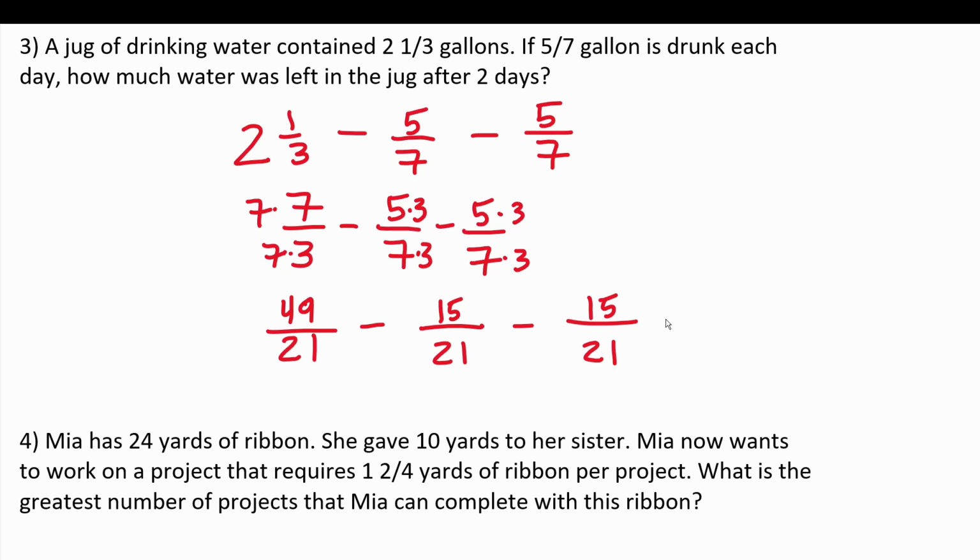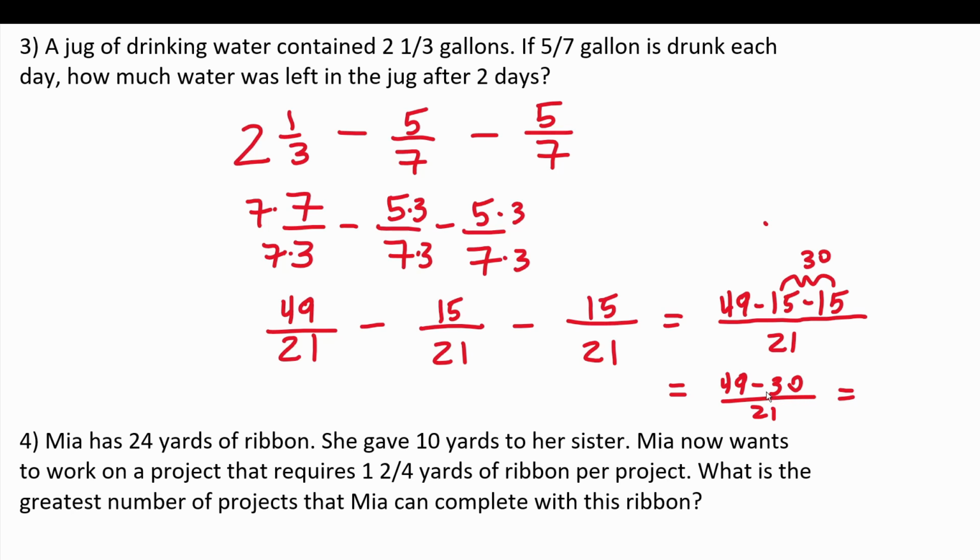And as you can see, now that we have denominators that are all the same, we can just combine this fraction like this. This becomes 21 in our denominator and 49 minus 15 minus 15, okay? And I'm dealing with the new version of OneNote here, so just bear with me, the controls are a little bit different. 15 and 15 is 30, so this is the same as 49 minus 30 over 21. We should be able to do that in our head.